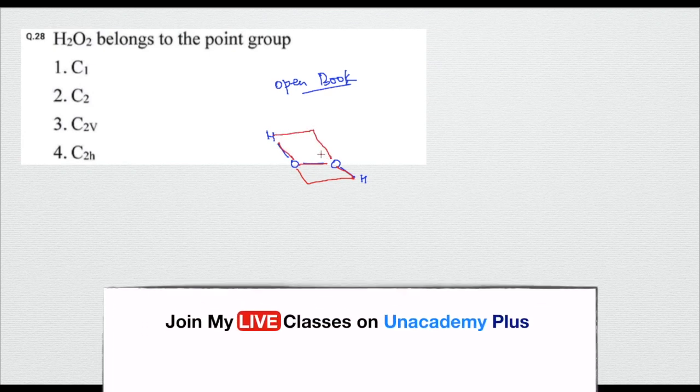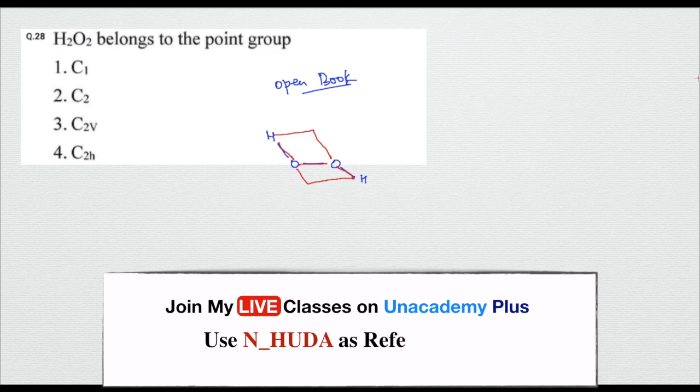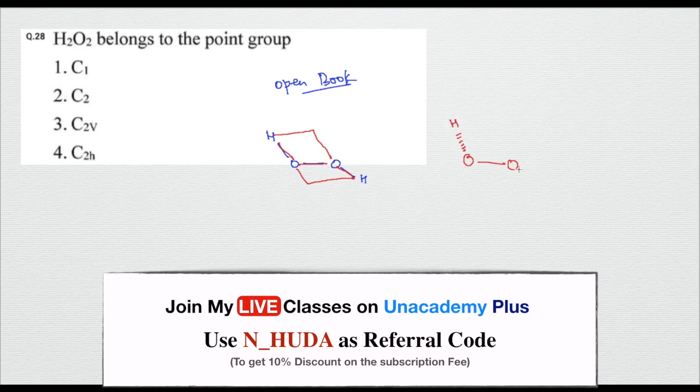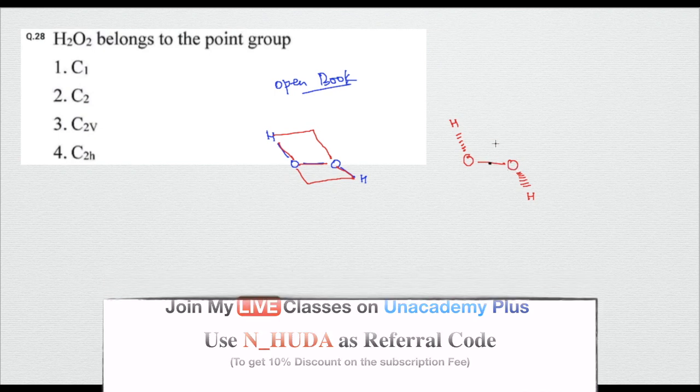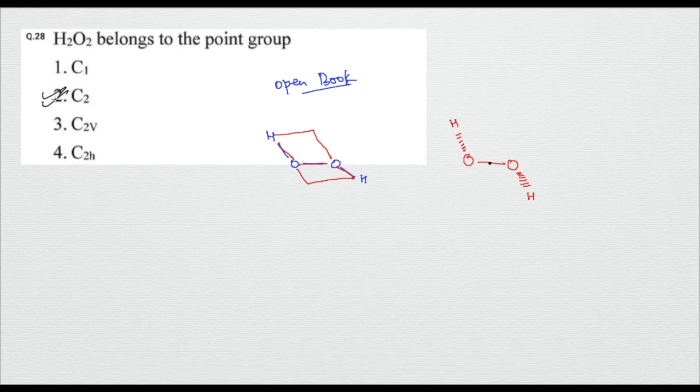Okay, so it's kind of an open book structure, and the only arrangement, if you want to show it on the basis of stereochemistry, will go something like this. This hydrogen will be here, this will also be below the plane, but the dihedral angle will be different. The only axis which will pass through it is the C2 axis. So the point group it will belong to is C2. So C2 is going to be the point group for this H2O2 molecule in the open book structure.